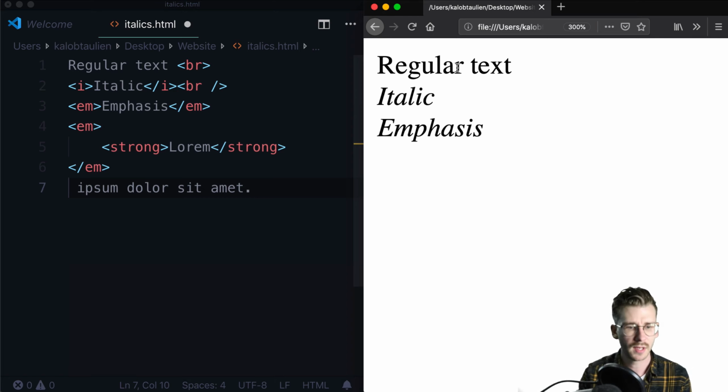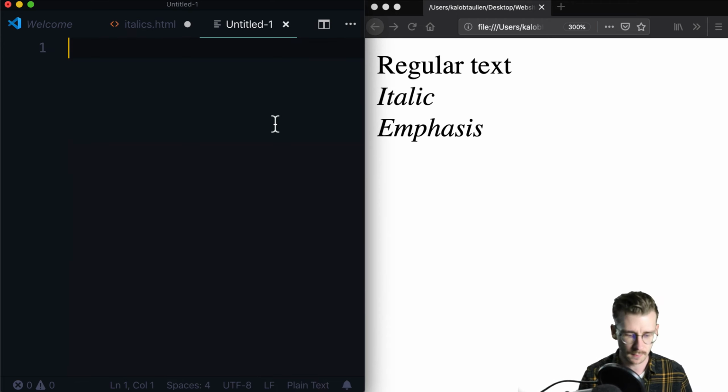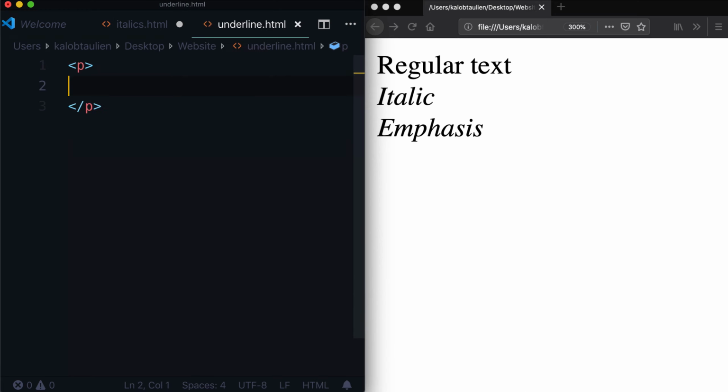So behind me here, you can see I still have italics.html open. What I'm going to do is create a new file, so just Command N or Control N, and I'm going to create a new paragraph just because life is better inside of a paragraph, and I'm going to save this as underline.html. And now to create some underline text, it's a lot like bold and italic,